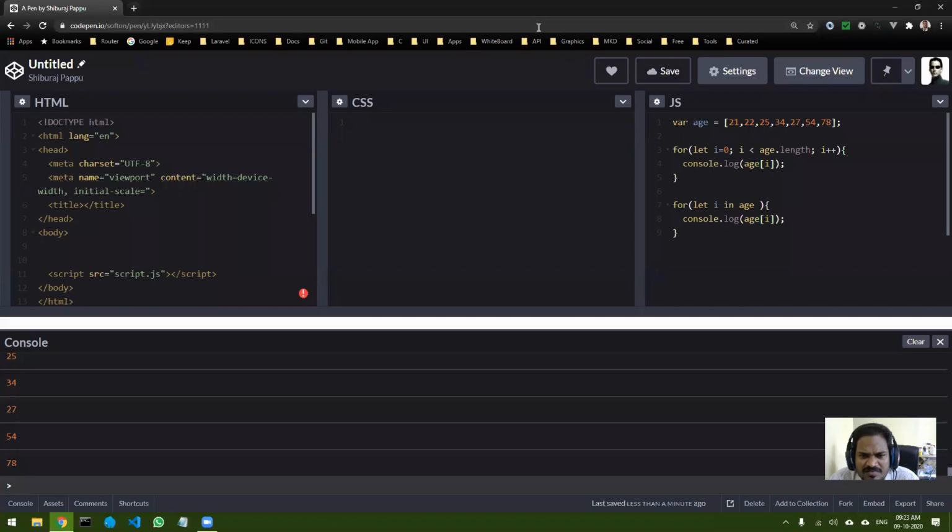Amin Ali asks, is this type of declaration, is the iteration value fixed to i plus plus? No, there is no i plus plus over here. This particular syntax can be used for objects also, I think.